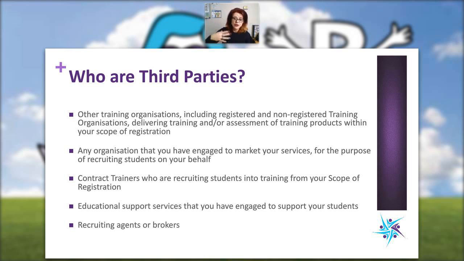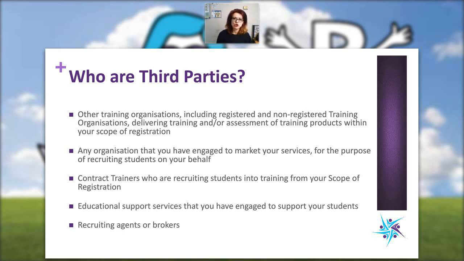And the marketing companies, they're at fault because they haven't been recruiting properly, but where it comes down to is the CEO of the RTO. It is your responsibility to ensure that you are actually compliant with all legislation at all times, and that includes monitoring and having third-party arrangements in place. And if you have someone marketing your services on your behalf, that it's clear to them what are their rights and responsibilities when they are marketing. What do they have to include in the marketing? What do they have to provide the student prior to course commencement to ensure that they're able to make an informed decision prior to course commencement?